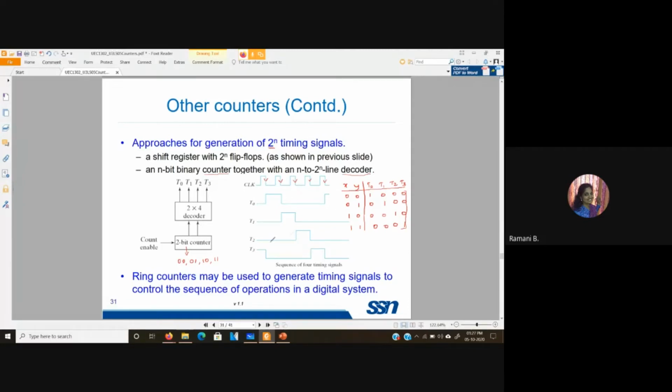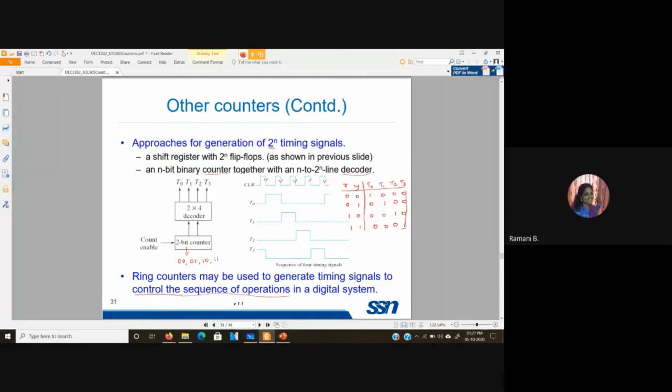Likewise, this goes. Okay. So this ring counters, you come across this in places where you need to control sequence of operations. That is, you definitely know after this particular operation, this will happen. After this will happen. Likewise, wherever you have the sequence of operations known, you can use this ring counters to control the operation. So this is the first type of the special counter. So here for K timing sequence, you are needing K flip-flops.